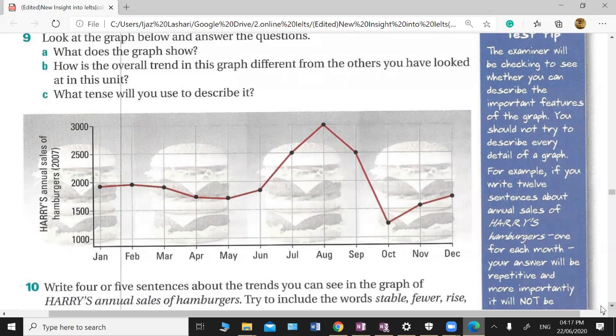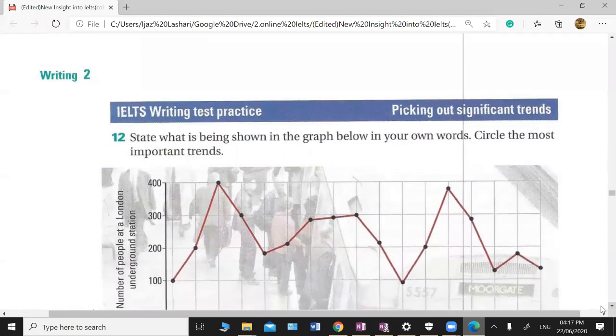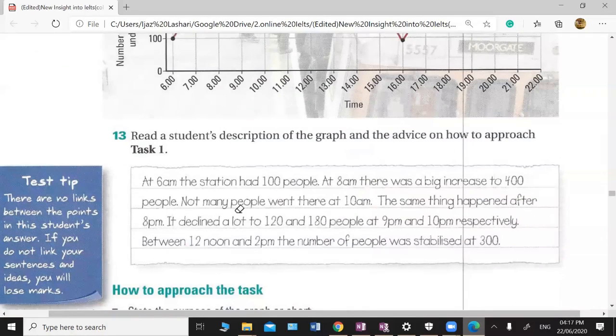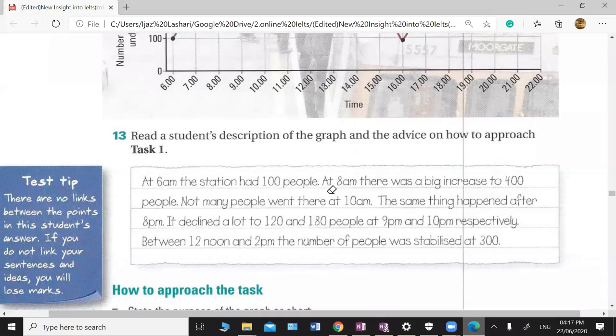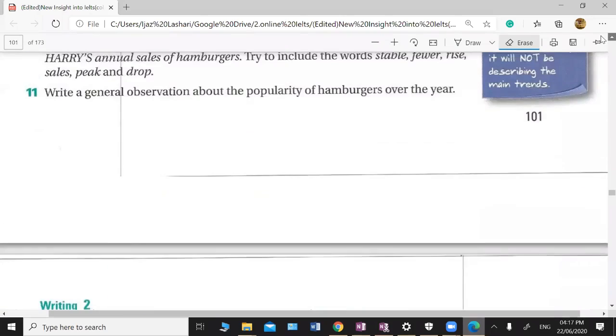So this is how the next question, which we will be working on in our next sitting. This is another trend, and in this one a student has written an answer. We will be checking how the answer is. Is it a good answer or not a good answer? We will explain how we have studied and how he has written it in our next session. We will be working on this kind of thing, but now at least you have an idea of how you